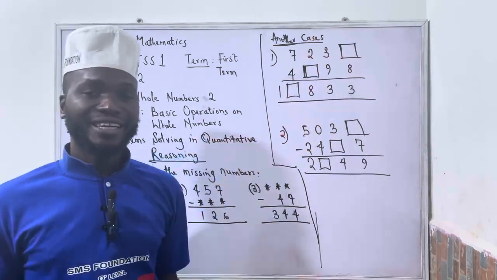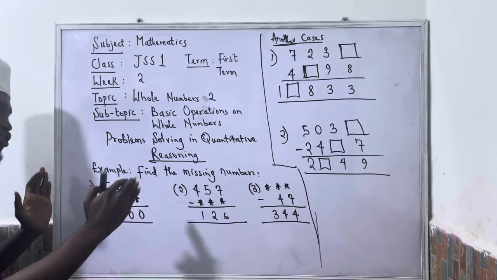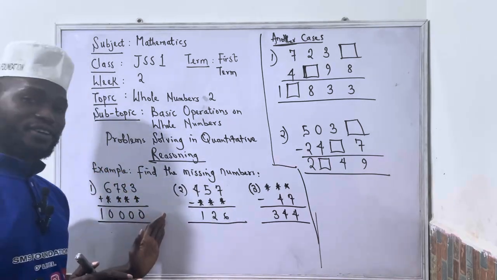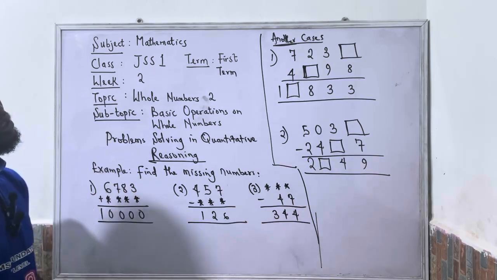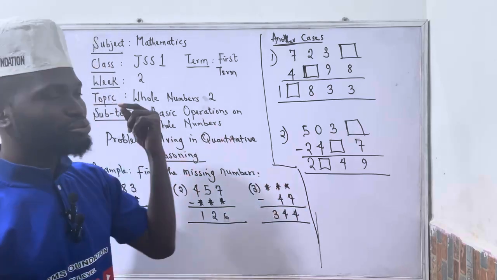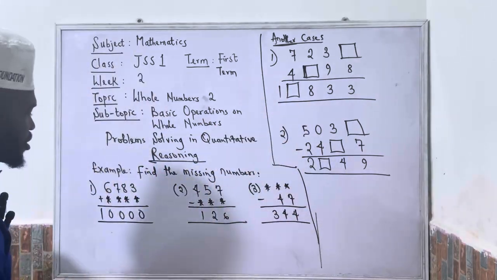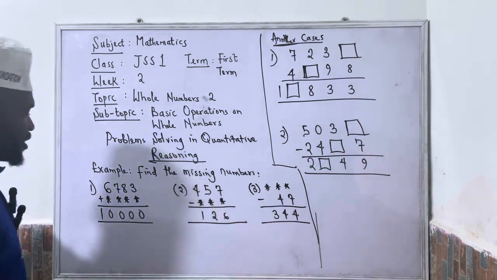not an entire number. Now, for the case of when a complete number is missing, that's a very simple case. There is a way we handle it. But if digits are missing, that may prove a little bit more technical than this. Now, as for this, we have a general way of doing them. Now, this is